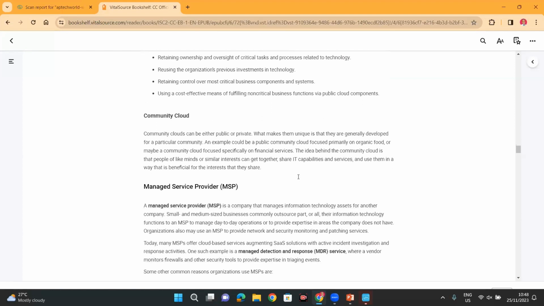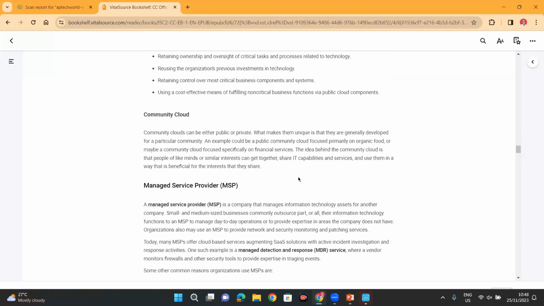Then we have community cloud. We have private, we have public, we have hybrid, and the last one is community cloud. Community clouds can be either public or private. It can be one of the two. It's not hybrid in this case. What makes them unique is that they are generally developed for a particular community. An example could be a public community cloud focused primarily on organic food, or a community cloud focused specifically on financial services. The idea behind the community cloud is that people of like minds, maybe you are selling fish,